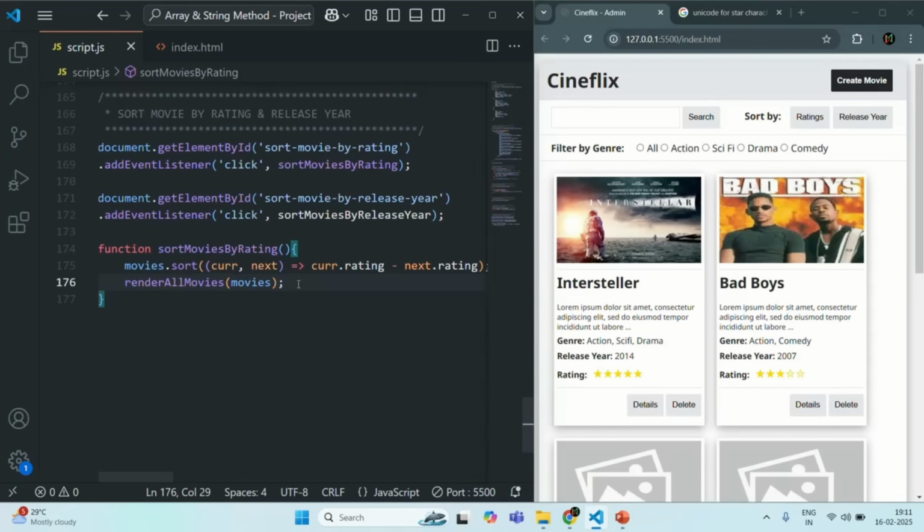So let me save the changes here. Initially all the movies will be rendered in the order in which they are specified in this movies array. But now when I click on this ratings button, it is going to sort the movies in this movies array based on the ratings. And then we are rendering it again. So now if I click on this ratings button,